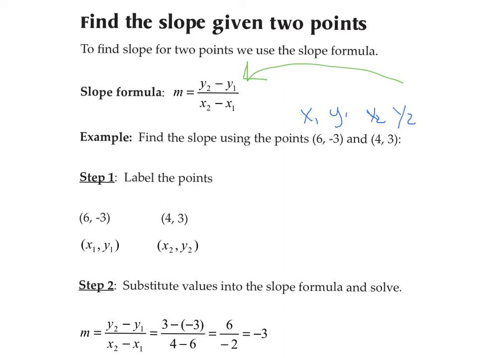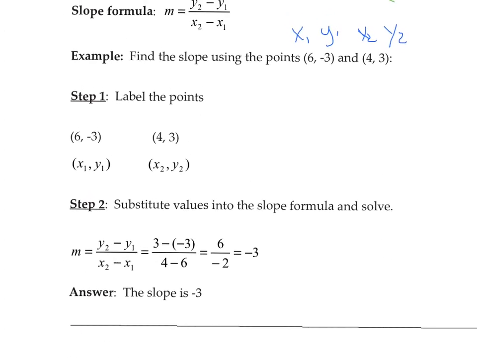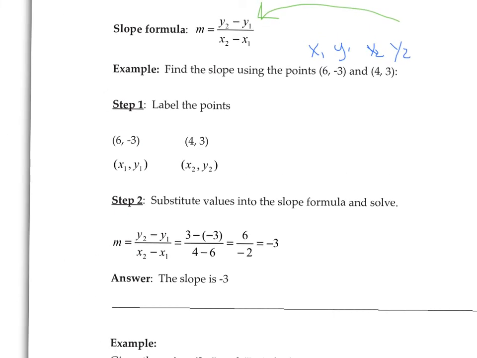So that's what the author is showing you here in step 2. Substitute the values into the slope formula. Well, y2 minus y1 is 3 minus -3. So that's why we have the 2 minuses here, because the first minus comes from the subtraction in the formula. The second negative was on the coordinate of -3. So when I line those up as y2 minus y1, I get 3 minus -3, which is actually 3 plus